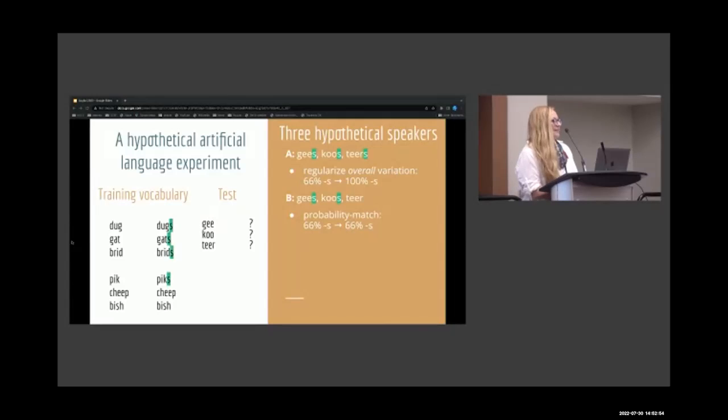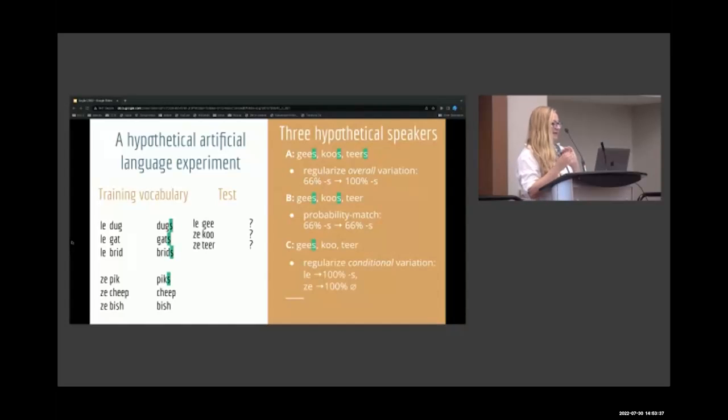You can also imagine that if we add an extra dimension, there is a third type of behavior. Imagine now that our training vocabulary inputs also included two different sorts of articles, so noun classes expressed in the determiner on the singular form of the noun, and that this is also available in test. Now we can imagine a hypothetical speaker C who notices that every noun that takes the L article in the singular takes S in the plural, and most nouns that take the Z article in the singular do not, and then generalizes this consistently to the test items. So this would be a third sort of behavior.